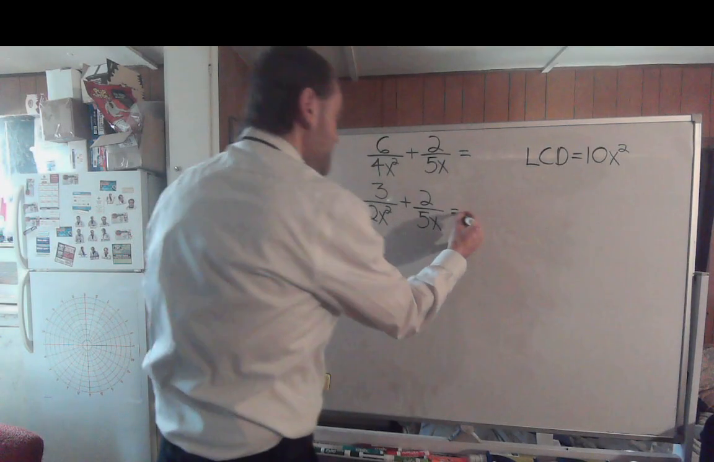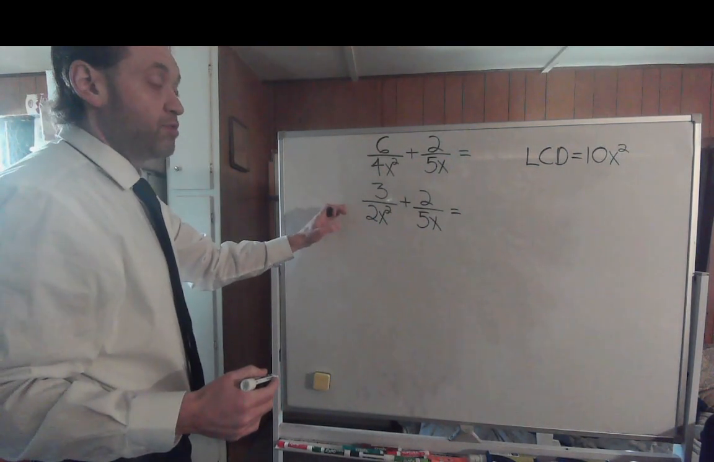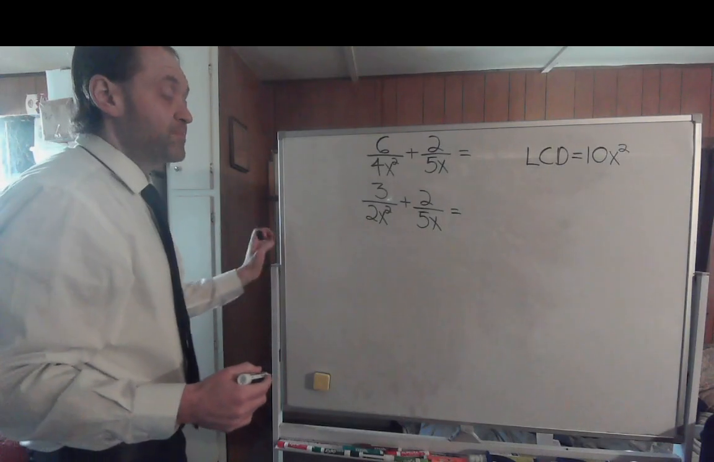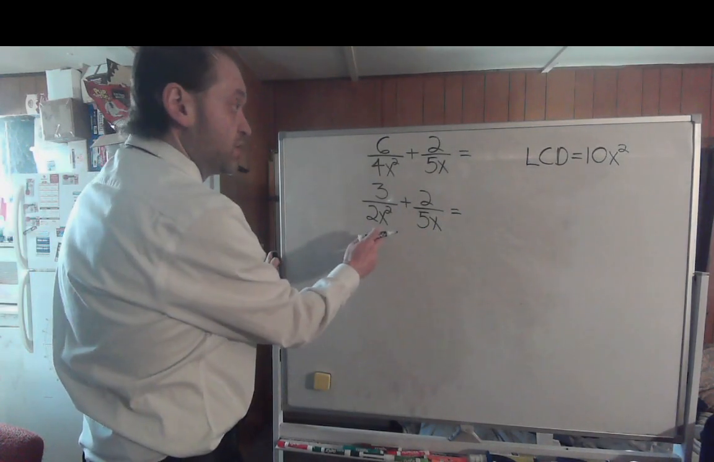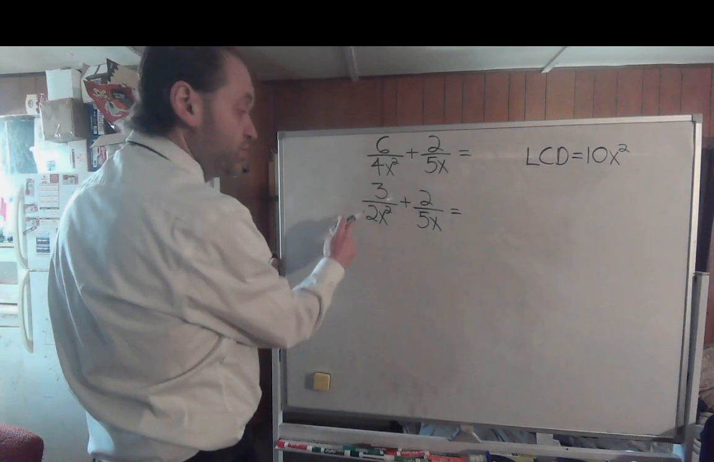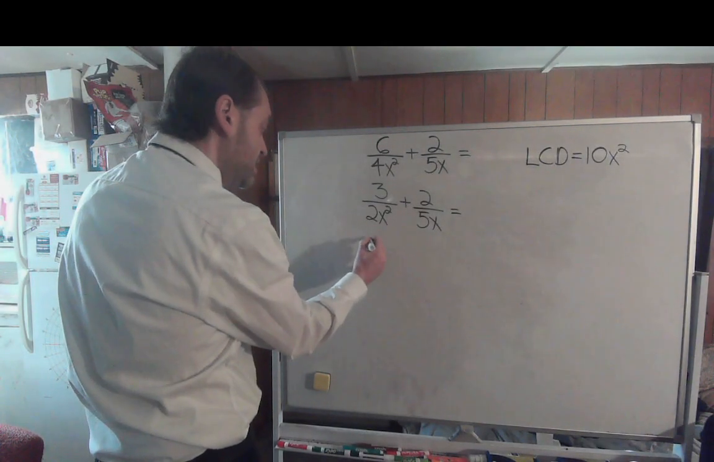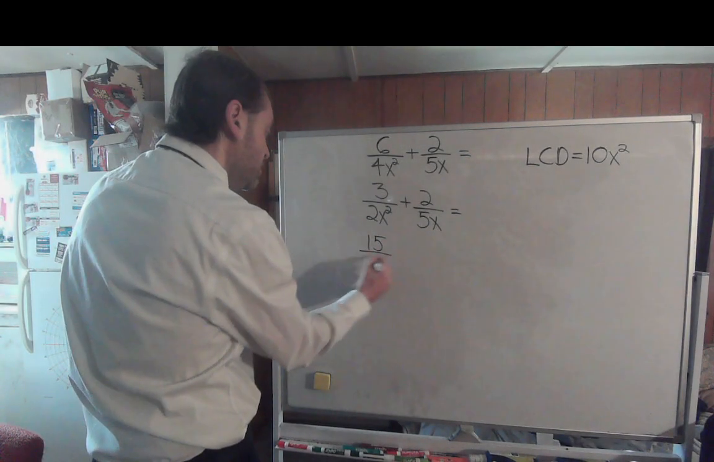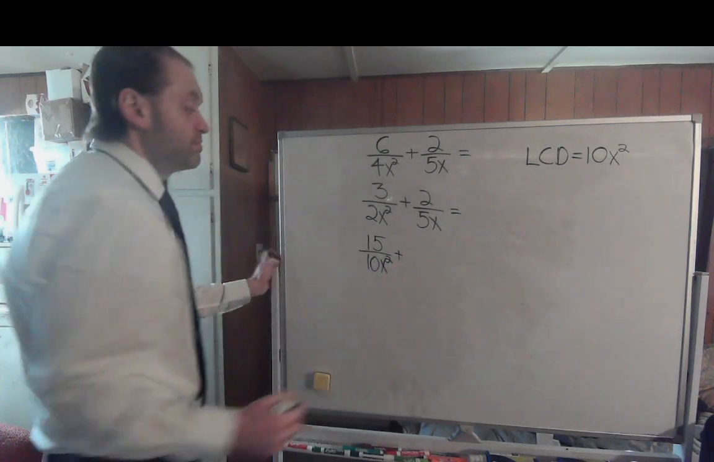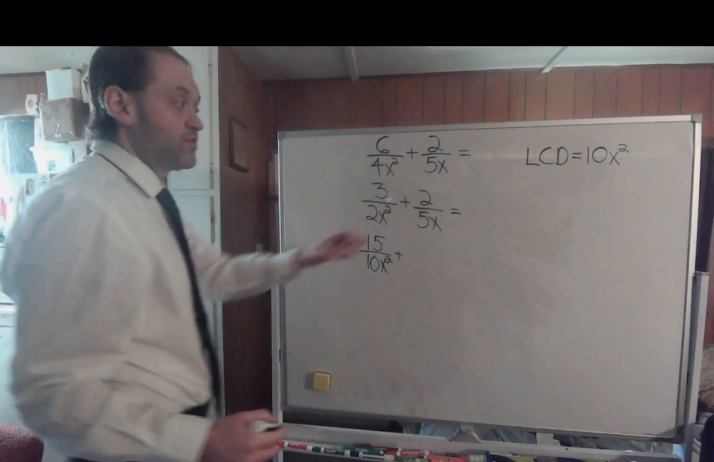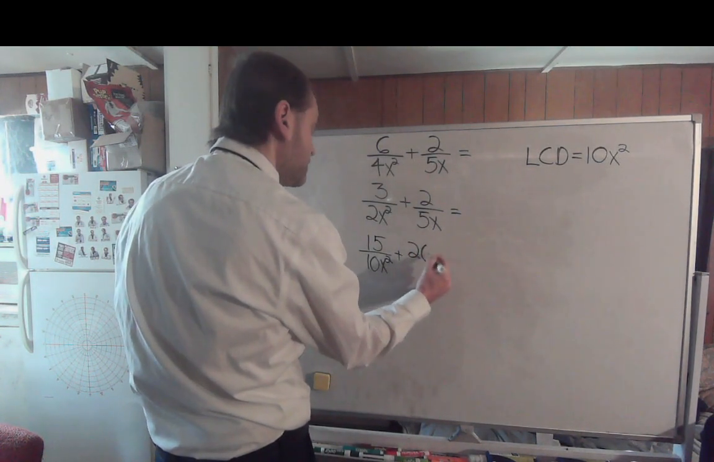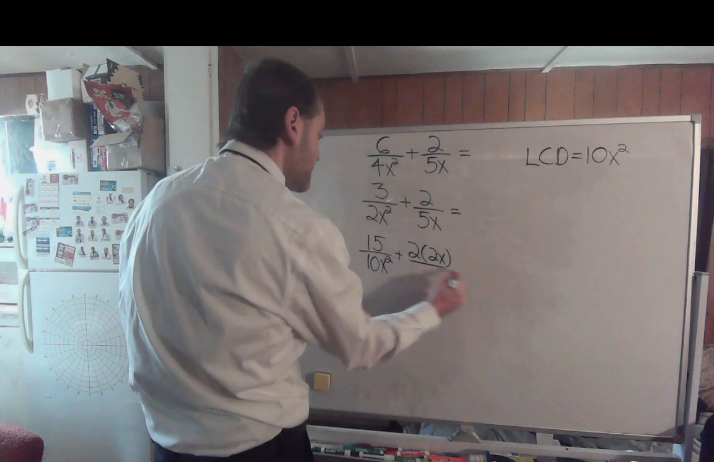So now you need to multiply each term by the appropriate number to get that 10x squared. So for your first term, to get a denominator of 10x squared, you just got to multiply by 5. So multiply both numerator and denominator by 5. You should get 15 over 10x squared plus, now to get from 5x to 10x squared, you have to multiply both numerator and denominator by 2x. So you'll get 2 times 2x over 10x squared,